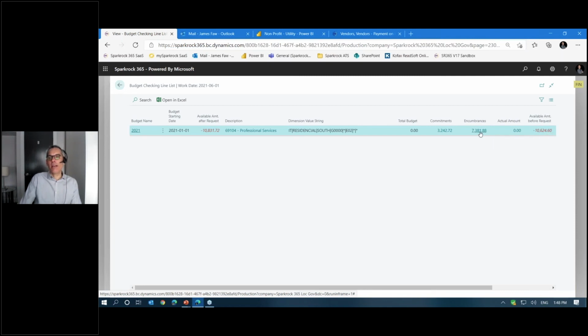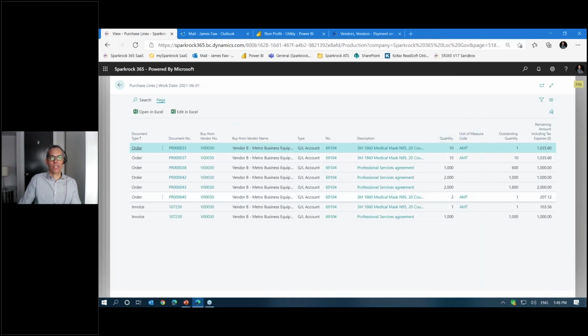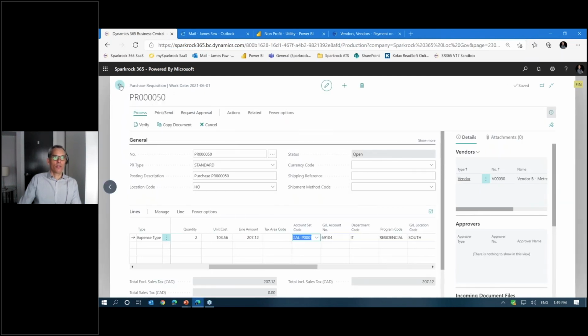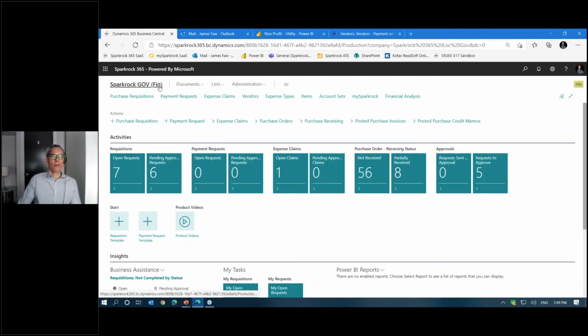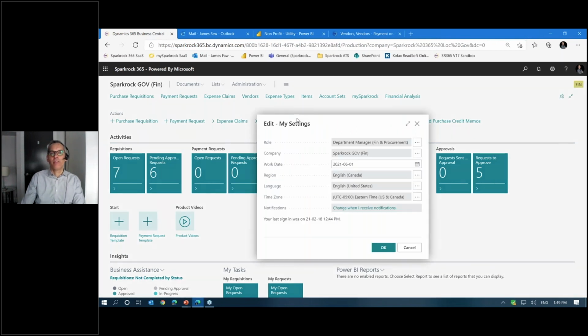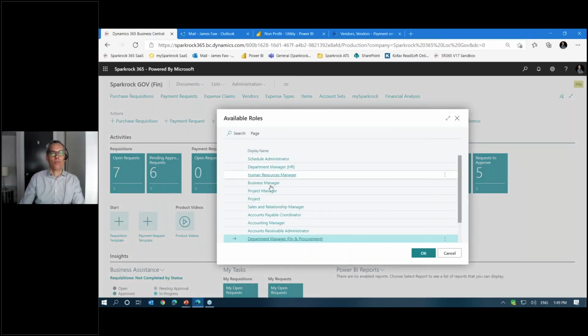And I can drill down on these values if I want to understand what they are. So if I drill down on those encumbrances, I can see exactly what orders and invoices are making up those amounts, and it's very transparent to the end user, and we're eliminating all that risk and inefficiency. So again, this is theme number 2 in terms of helping you understand some of the benefits of having a solution that can really help your organization be proactive.